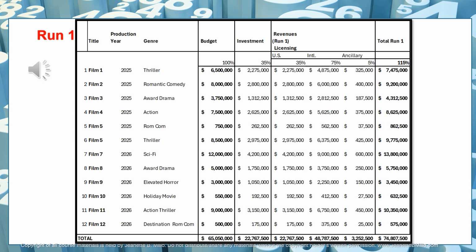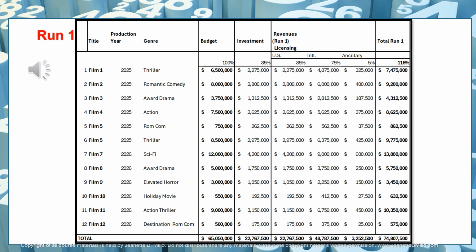And it's not there actually. Oh, there it is. Sorry. So then our second movie, a romantic comedy for $8 million. Again, we're assuming we're going to invest 35% in equity. And this can go up and down a little bit. We're just generalizing it here because we need to project what the library will look like. So we have to go with general assumptions that also match our finance criteria. So that's what we're doing.